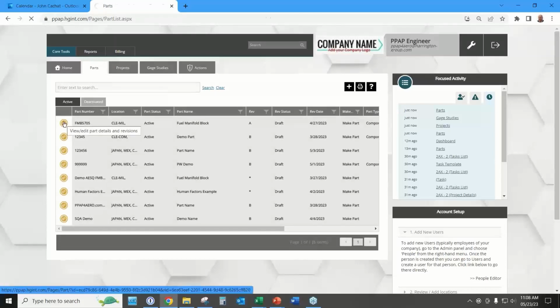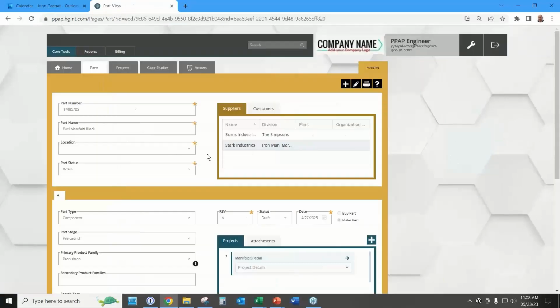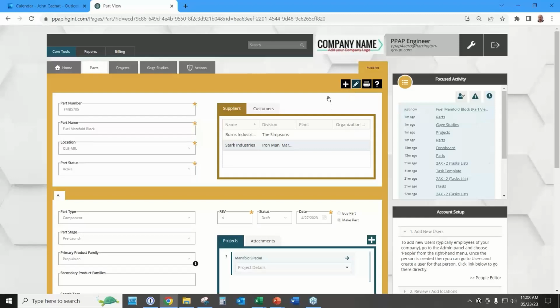So let's pick on one of these parts, a fuel manifold block. The software does not require a lot. The required fields are marked with an asterisk. Part number, part name, again, this could come out of the ERP or PLM. The status of the part, the suppliers that we're buying it from, the customers we're submitting it to. And one last one, probably the most important, was that all the activity is driven by part number and rev